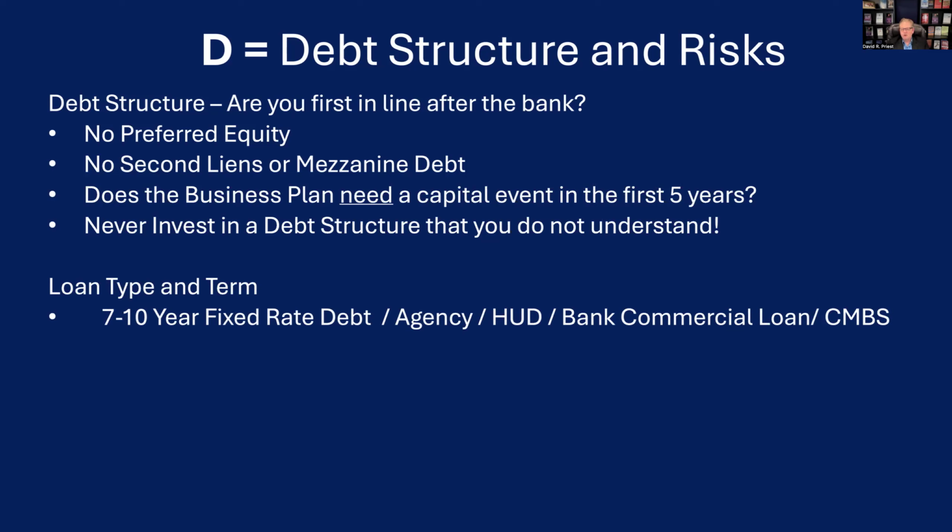Possibly a bank commercial loan or a CMBS, which is a commercial mortgage-backed security. One thing to be aware of on regular bank loans or CMBS loans, they're higher interest rates. So I don't know why a person would take one of those loans when they could just get an agency or a HUD loan at a much lower rate. So if they're using bank or CMBS, I would ask the operator, why are we getting these loans? And these loans may mean negative leverage. So if you're getting a cap rate of 6, you're buying a 6 cap, and you get agency debt at 5.3, you've got positive leverage there. You've got 70 basis points of positive leverage.